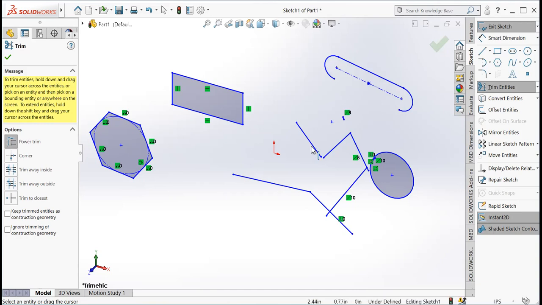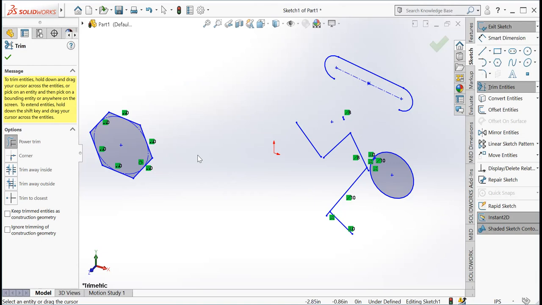See, this is a very powerful trim command. You just have to hold down and move the cursor. It deletes all the unwanted things. So this is a very powerful trim line. Whatever work we are doing, it deletes.